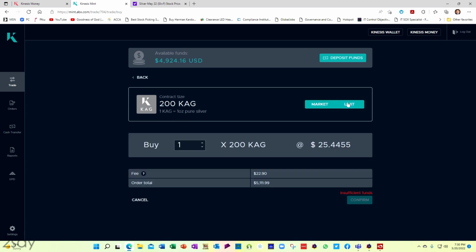Here it is. I'm going to click on buy. Now you've got a choice. You can do a market price or you can do a limit price. Remember, a market price is, I don't care what the price is, I want to buy right now. A limit says, I want to buy it only at my price. So I'm going to do a limit order, and I'm going to buy one contract of 200 ounces of silver, and my price is going to be